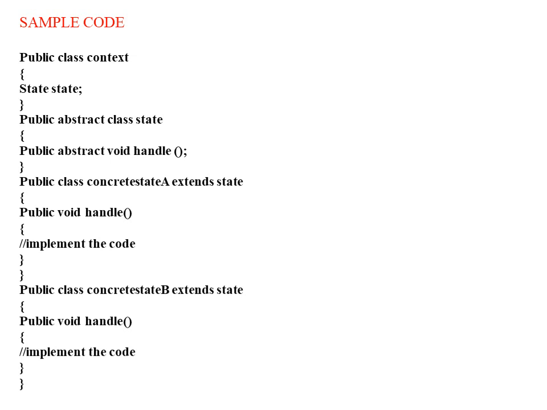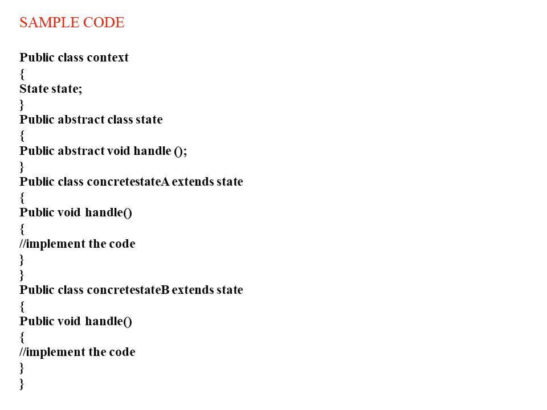So abstract class as a state and method as a void handle. So concrete state A extends state or B extends from the state, TCP state. Here we are taking the TCP state. So all these have two methods which need to be defined. So here we are taking the operation as handle. So this is about the sample code, and the same in all the methods there is an implementing code. So this is the sample code.